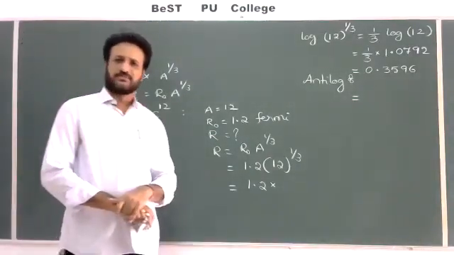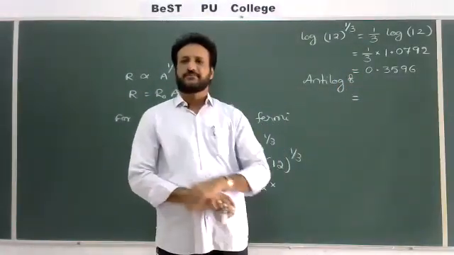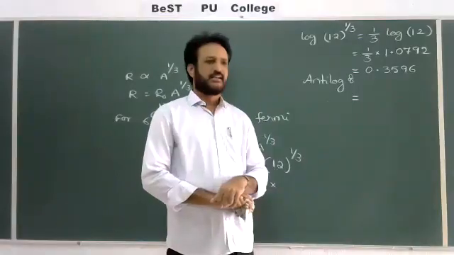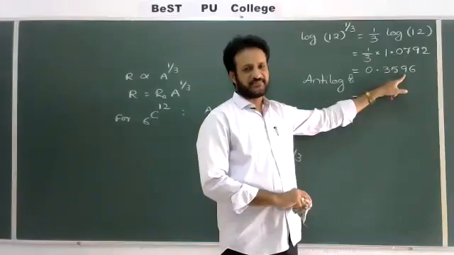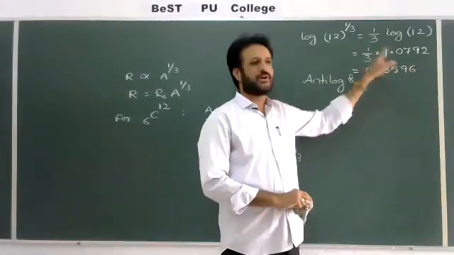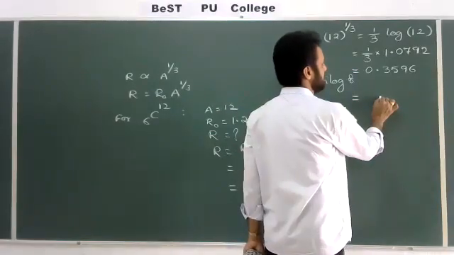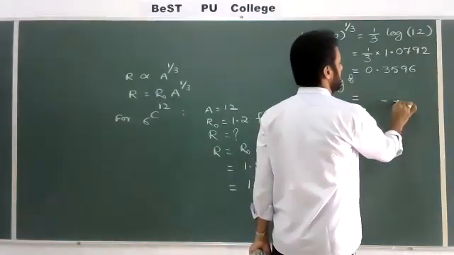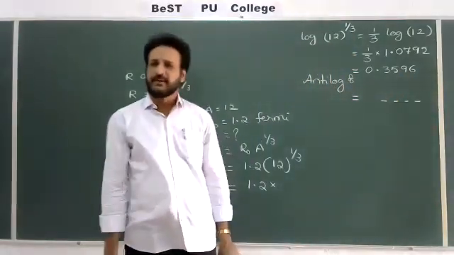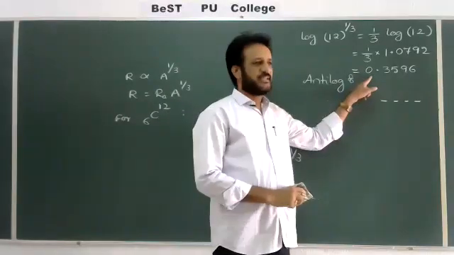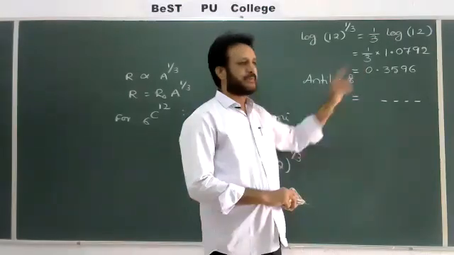If you have the book, open the second page of the logarithm book, where the anti-logarithm heading will be given, and you have to take the 0.35 value under 9 first. Under 6, the mean difference we have to add here. After adding you will get 4 digits. And where we have to put the point: here 0 is there, so after 1 digit you have to put the point. If 1 is there, you should add plus 1.